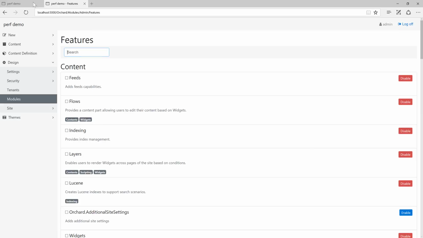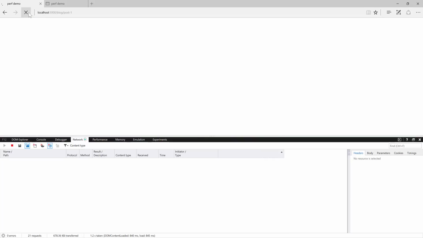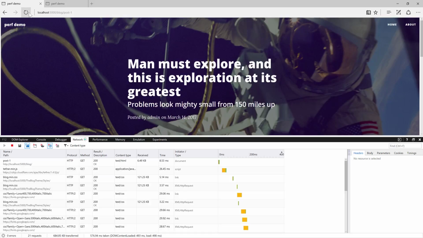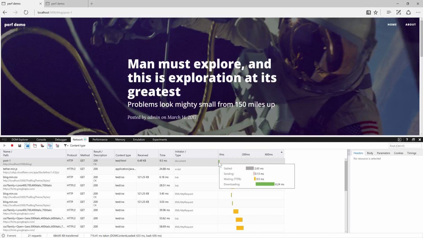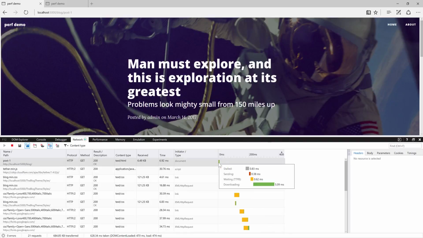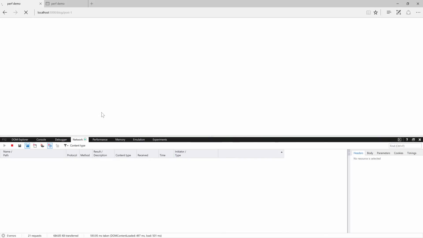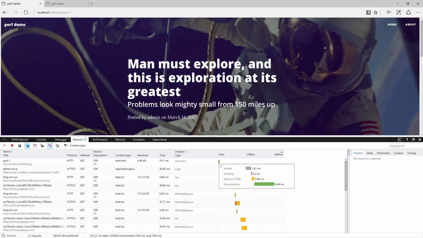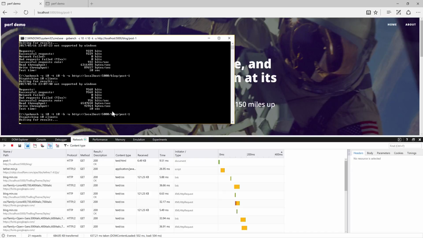What we can also do is enable the response cache module. So I'm going to do that and refresh the page. And we can see that we're getting less than 1 millisecond: 0.62, 0.77, 0.86 milliseconds. And if we were to now do a load test,